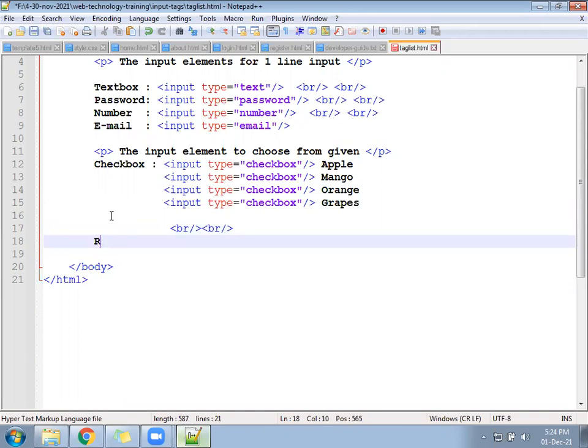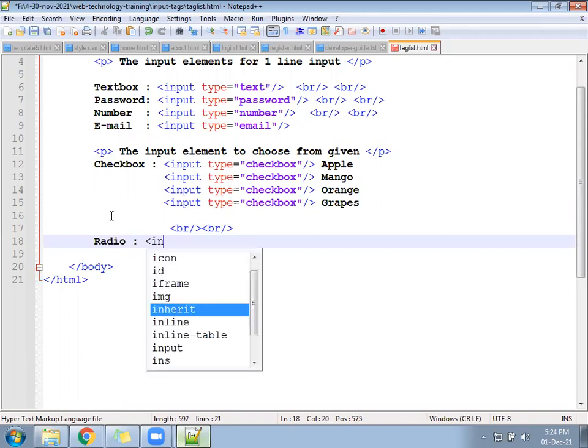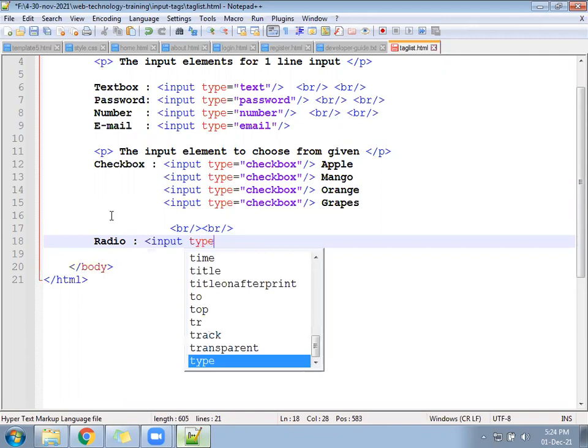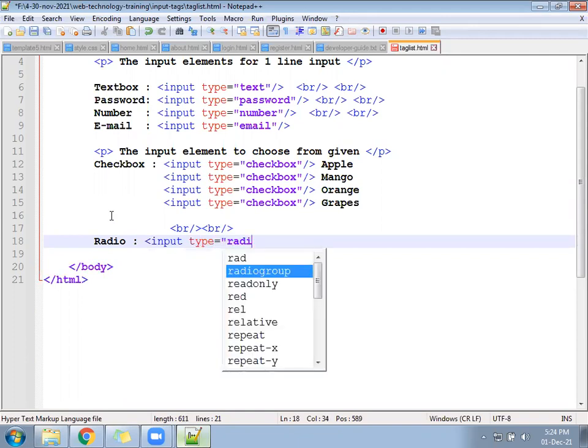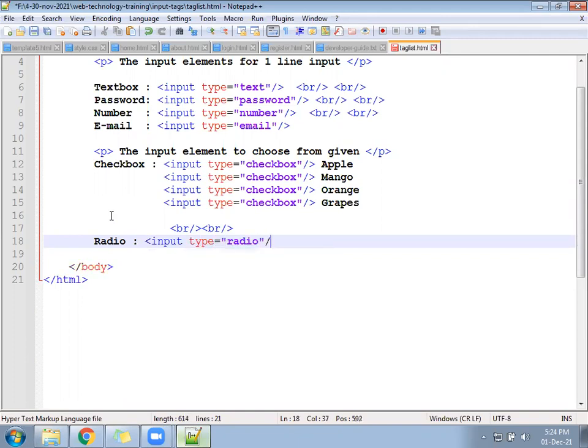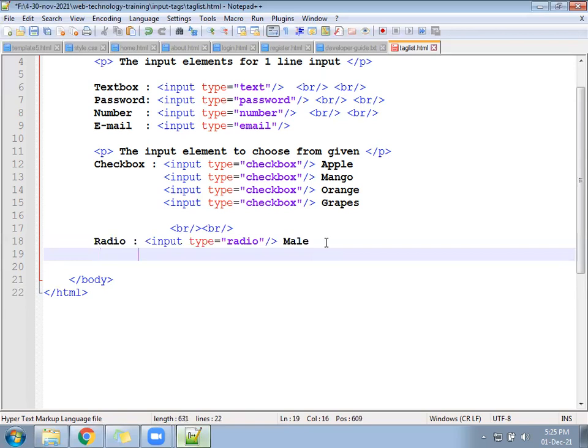Radio. So we can write here input type equal to radio. Write here something, male and female.